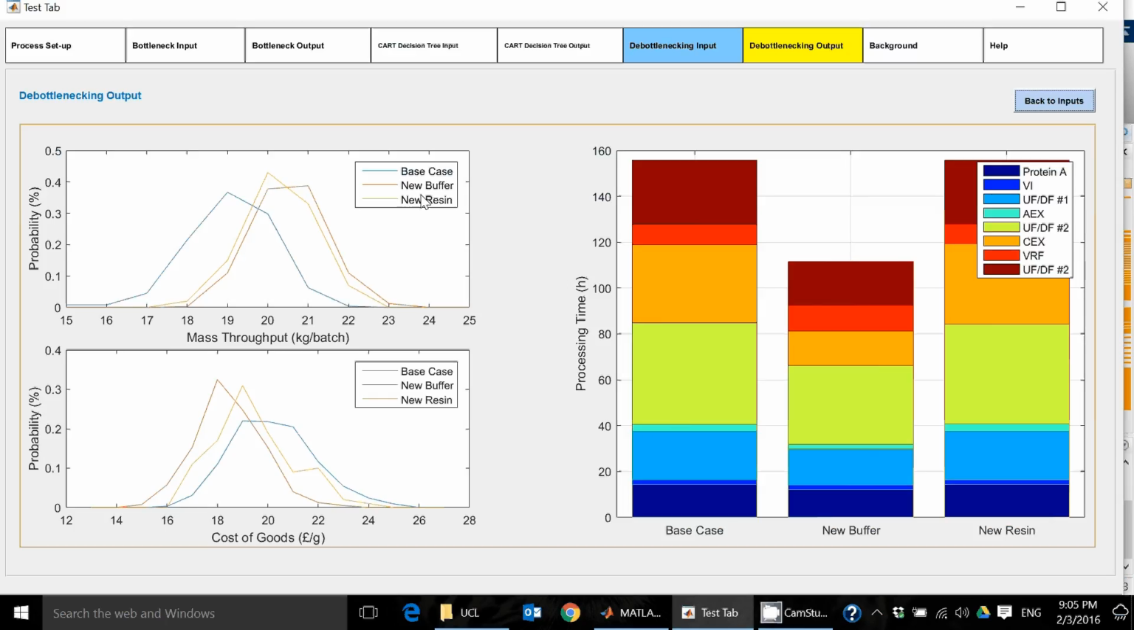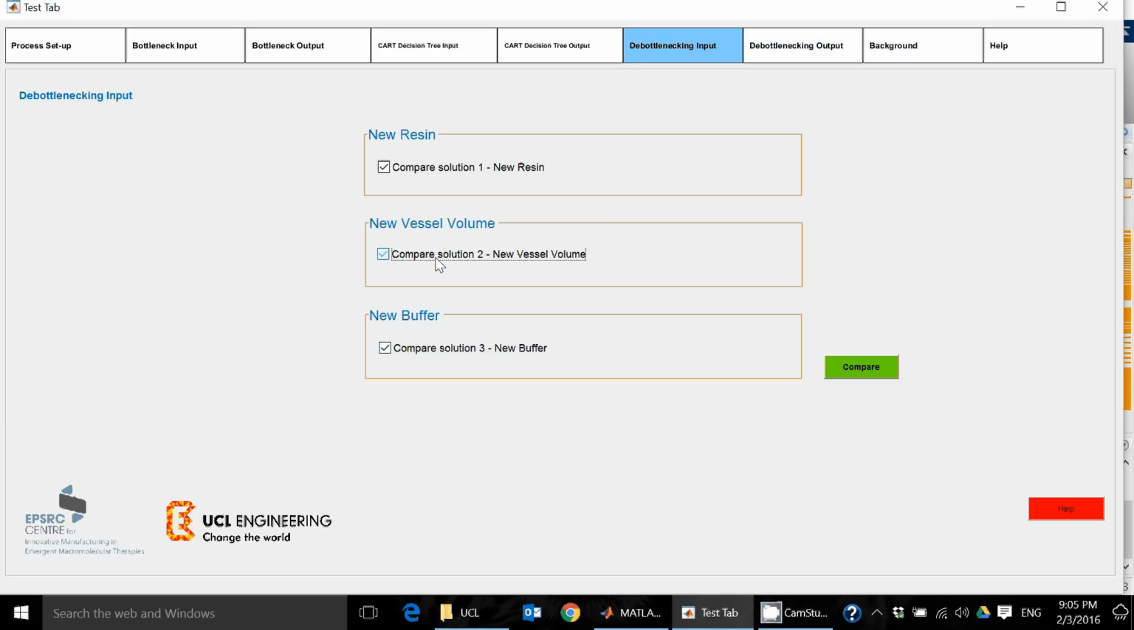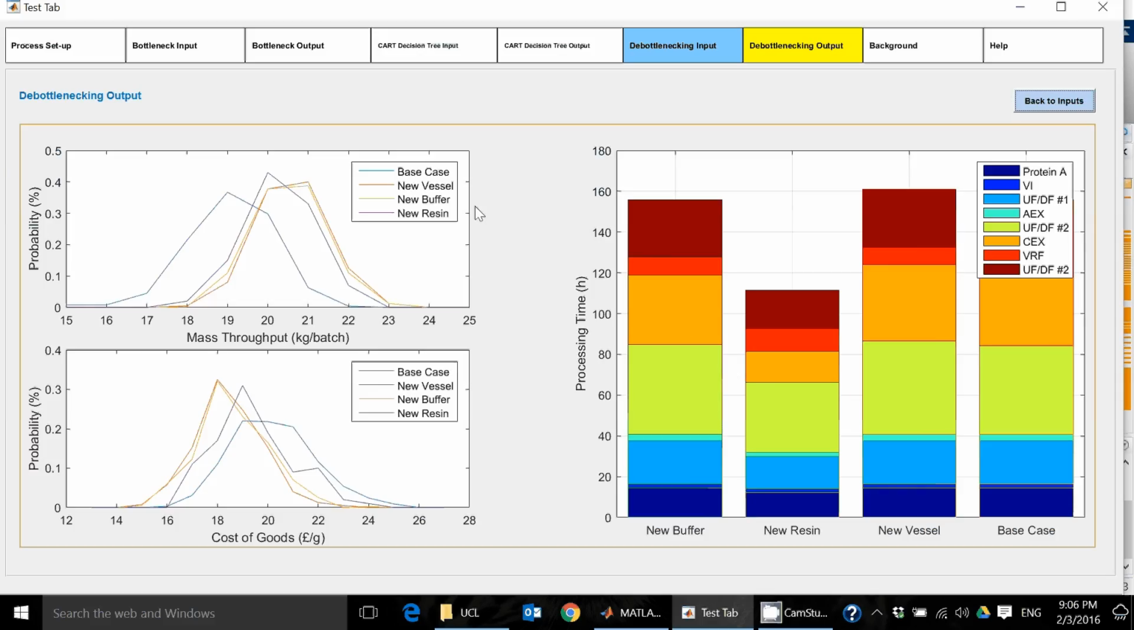As you can see, new resin is being compared to new buffer, and both of these are being compared to the base case facility, and these are compared in terms of their mass throughputs, their cost of goods, and the overall downstream processing time. If we go back, we can also include the new vessel volume in this comparison. Again, the same procedure where now it's all three solutions being compared to the base case using all three of